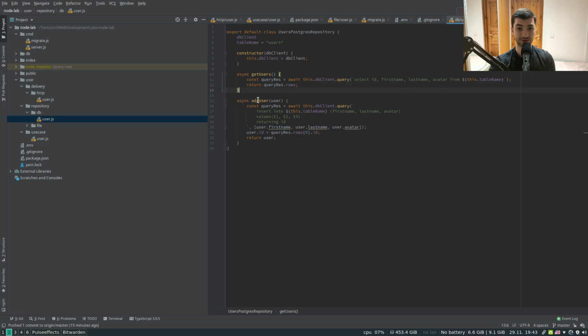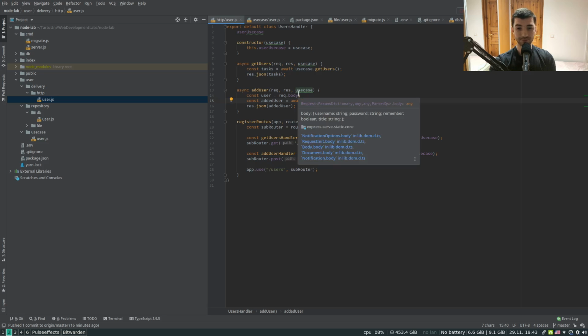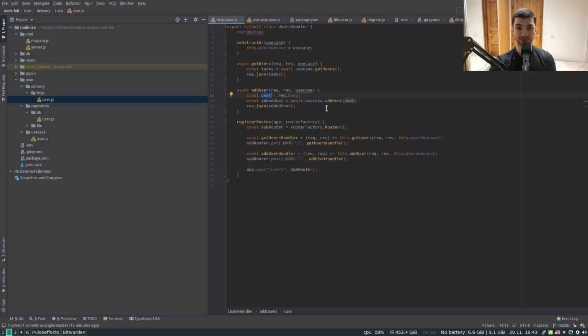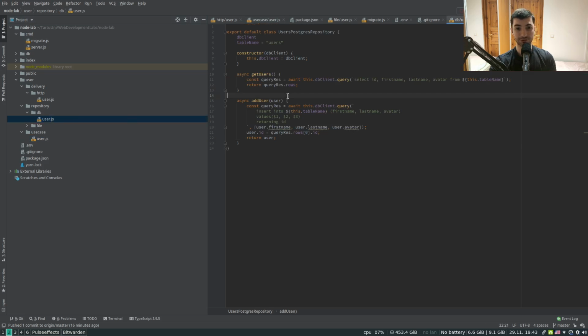Okay, and similarly to add the user, the add user handler is going to get invoked, is going to pass the user to the service layer. The service layer, the use case is going to pass the user to the user repository, and in the user repository we can perform an insert statement to insert and create a new user in our database. Okay, so having said that,